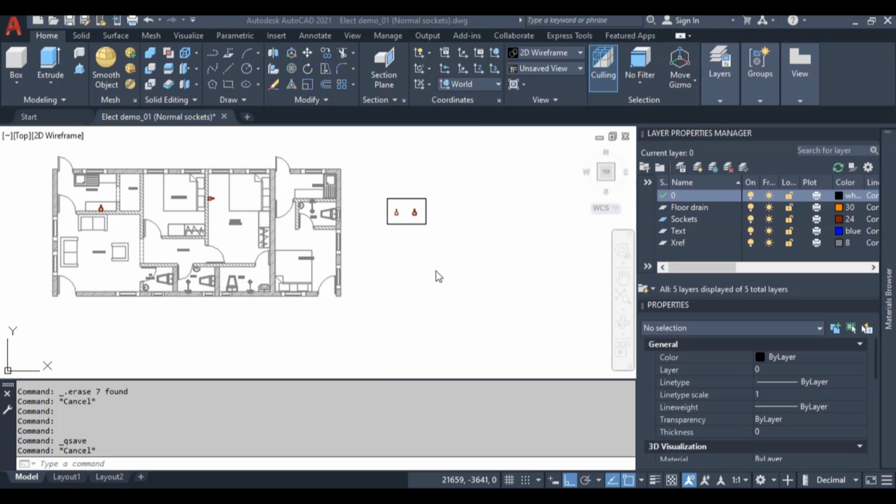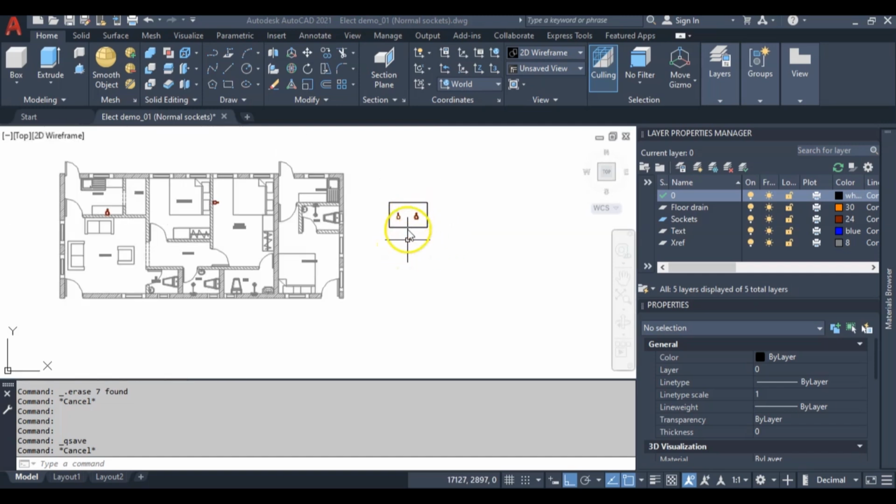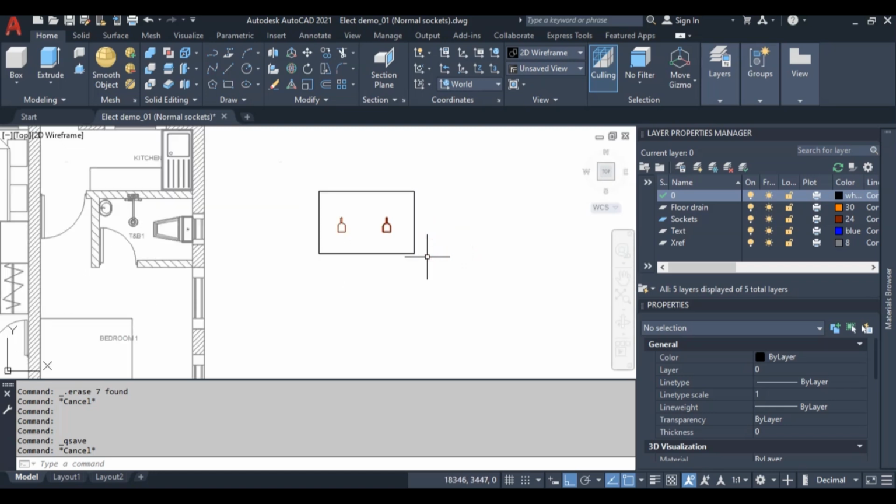Hi, in this tutorial we are going to learn how to create power sockets. Now usually in electrical building design you have normal sockets and you also have power sockets. As the name implies, the power sockets are used for heavy appliances while the normal sockets are used for lower capacity appliances like 5 amp and 6 amp sockets. But when you want heavy appliances like 15 amps and above, around that range, we make use of a